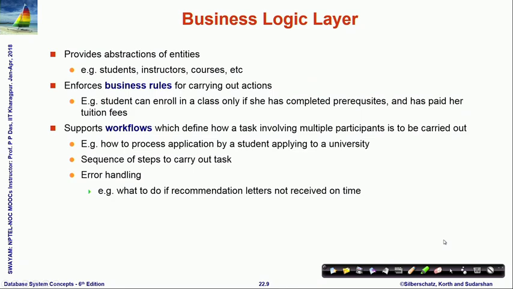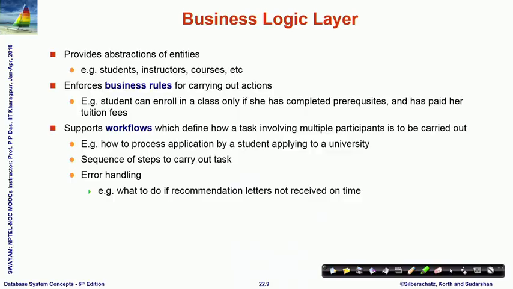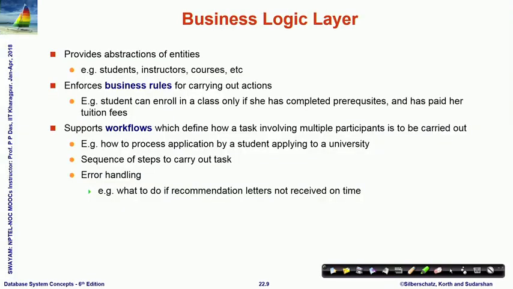So, coming to the business logic layer specifically, that will provide abstraction of various entities: students, instructors, courses, mails, your accounts, balance and so on, and that will enforce business rules for carrying out tasks. So, a student can enroll in a class only if she has completed prerequisites. You can transfer funds from one account to the other, provided you have the authority to transfer, provided you have enough funds in the account that is going to get debited and so on. Those are the different business rules which will be employed by the business logic layer,